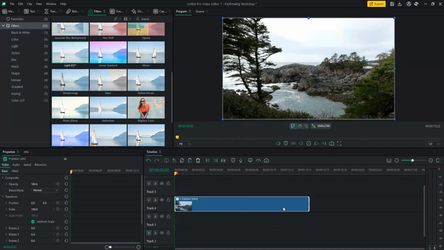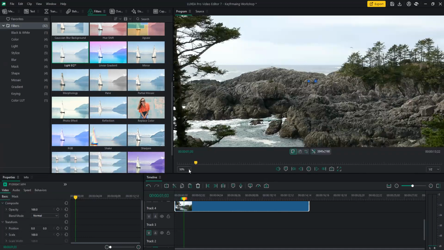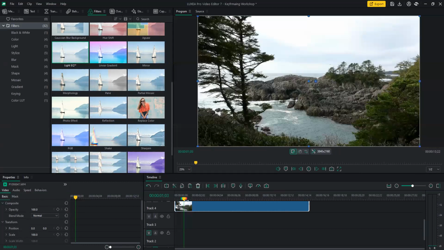So let's start our shot wide. And then when we start seeing our seagull right here, I'm just going to increase to 50. That's, yeah, 25. So I'm going to start zooming in right here because I want to have the first second of my clip just be the wide shot. So I'm going to select and add keyframes right here. And there,